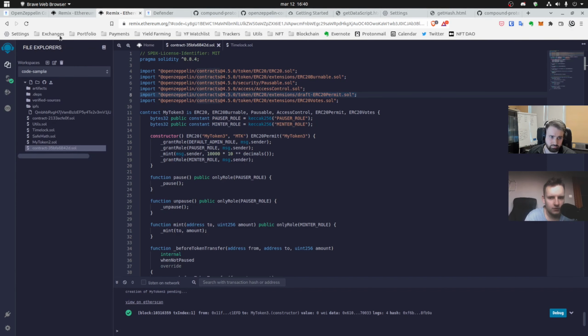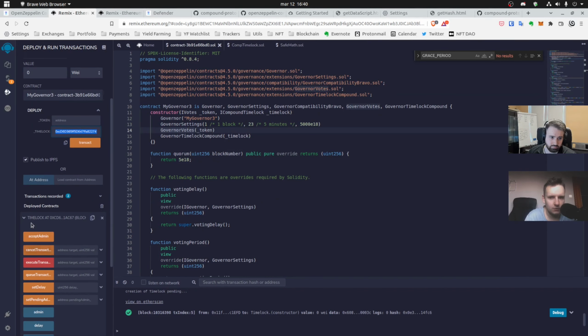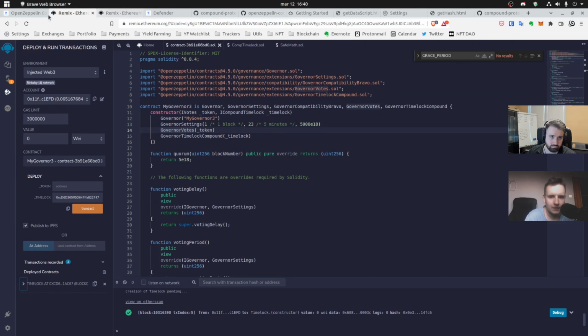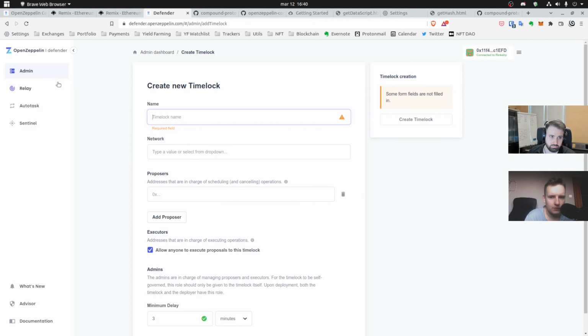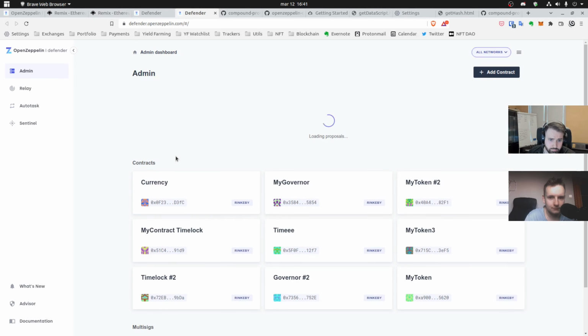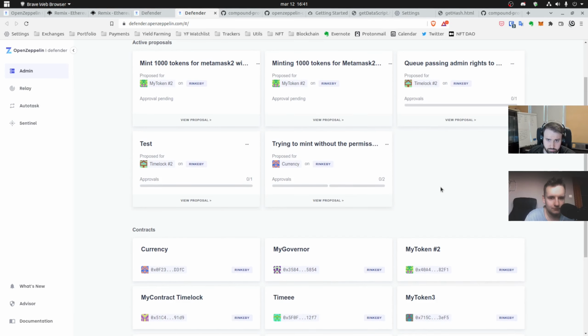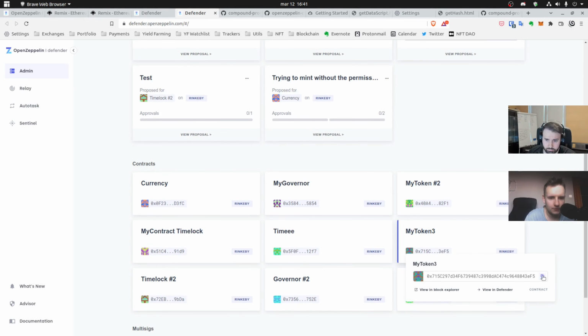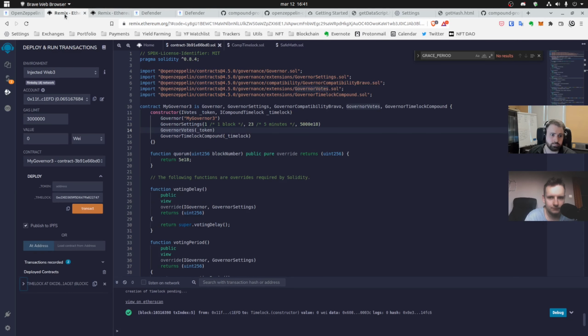Also, we need a token address for that, so we can go back to our OpenZeppelin Defender, where we already created the contract, and we can get the address from there. Yeah. It's MyToken3, right? Okay, and we can do the